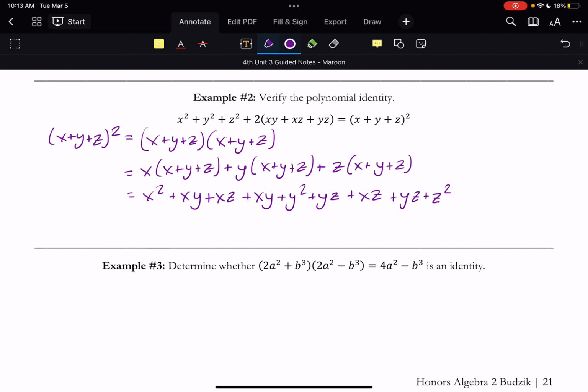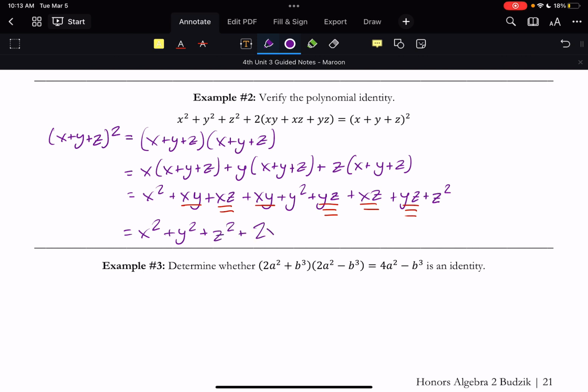So now I want to go ahead and see what like terms I can combine. So that gets me xy and then xy. And then I have xz, xz, and then I have yz, yz. So combining those like terms, I get x squared plus y squared plus z squared